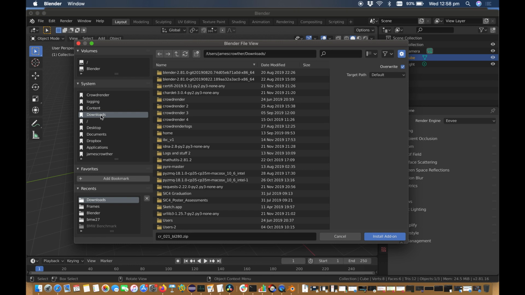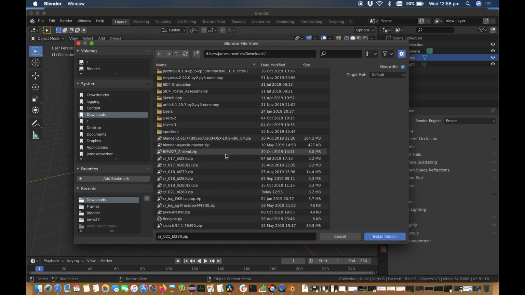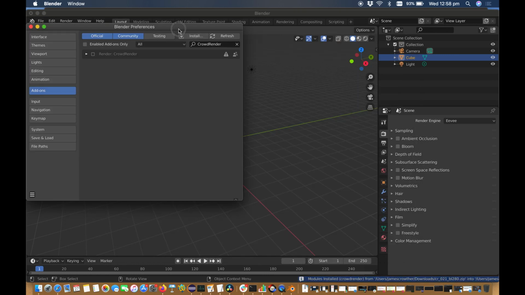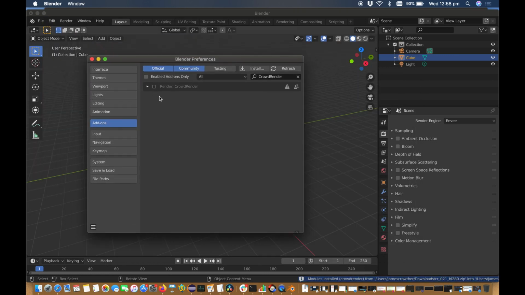We've just clicked the install add-on button, we go to our downloads folder and we go searching for the file we just downloaded, which will be named like this, cr_version of the add-on, and then bl280 for the version of Blender it supports. We're using 0.2.1 today, so I click install. It will install the add-on. It won't be enabled by default. Enable it,